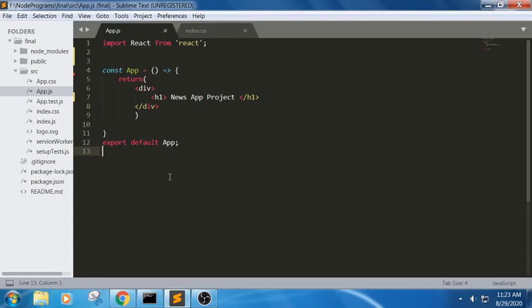Hello everyone, Johnny here. Today in this session, we will try to create a news app using React. We will use the same concepts we have discussed in the earlier sessions, like useState, useEffect, and the basic concepts from this tutorial series. This tutorial series is completely based upon the projects we implement.